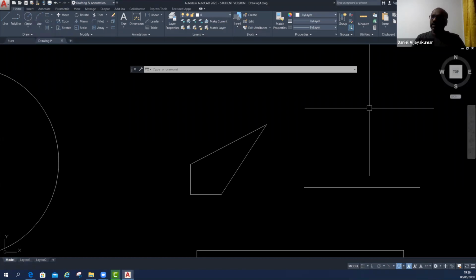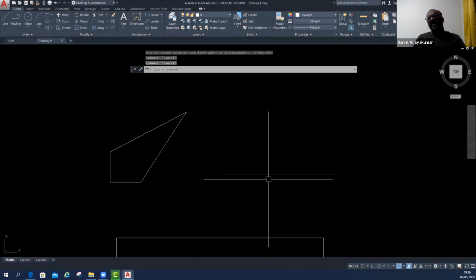Okay, the extend command is more or less like stretch, but slightly different. Like last week we have seen the copy and move, copy and offset, something like that. So see, I have a line.